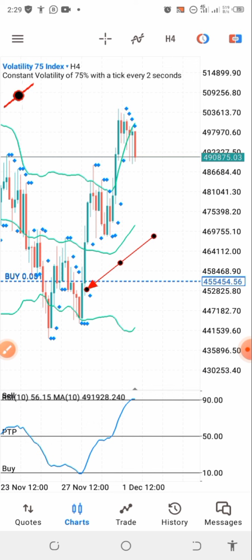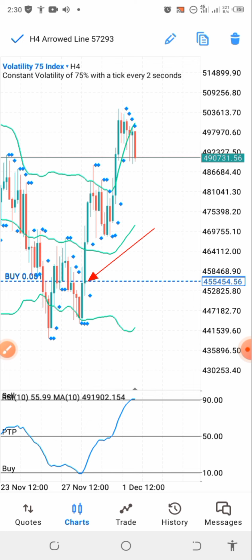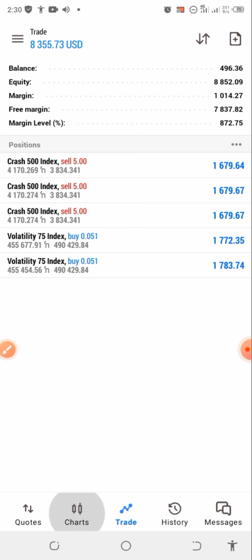But I figured that this candle was able to close, both these two candles right here, which gives us a clear confirmation. And when the candle closes, that's when we immediately jump into the trade, and then we are able to run into massive money right here, which you can see.